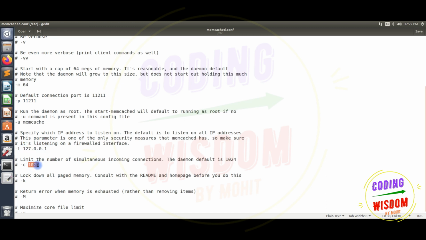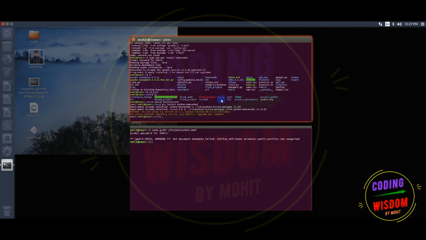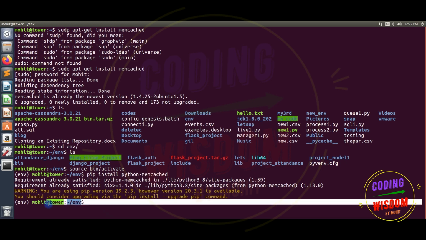And this is the number of simultaneous connections Memcache can hold, 1024. Close this one, no need to change anything. So the configuration is completed. Now get back to our virtual environment.